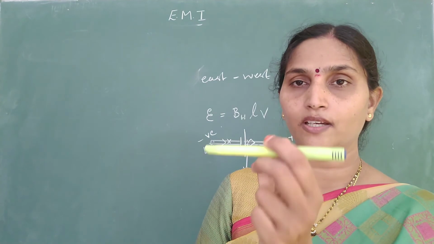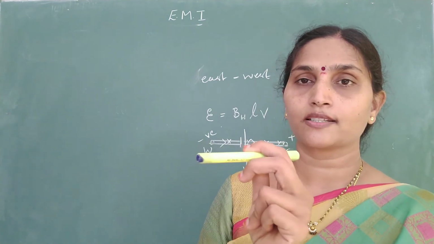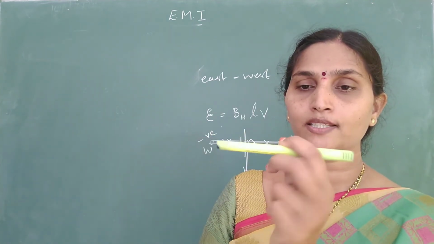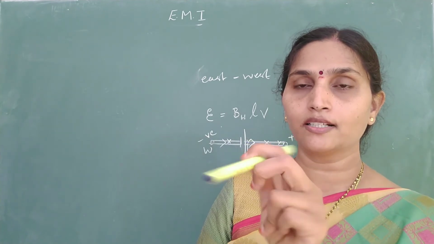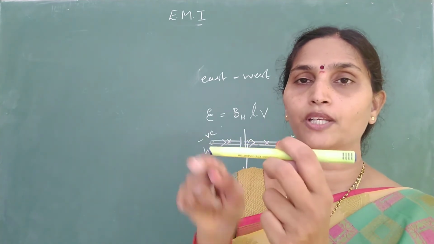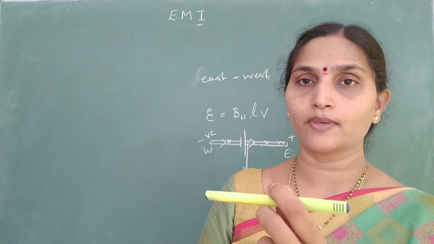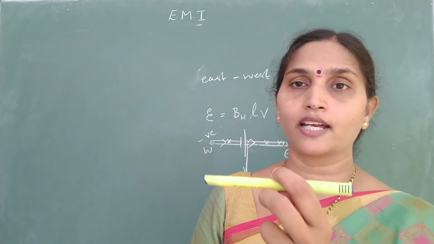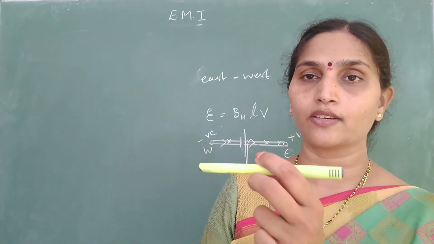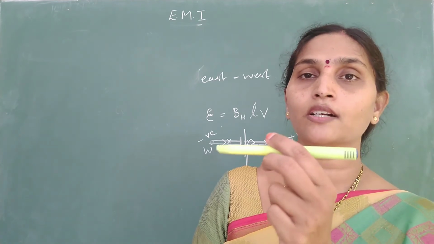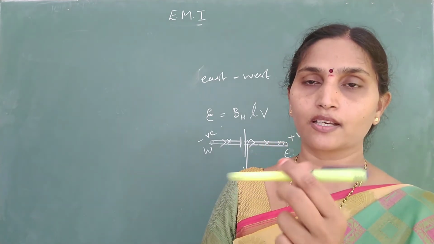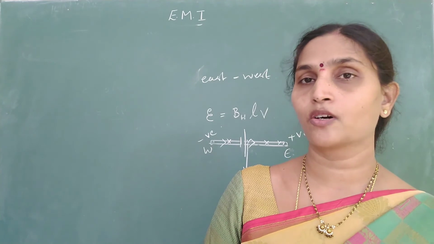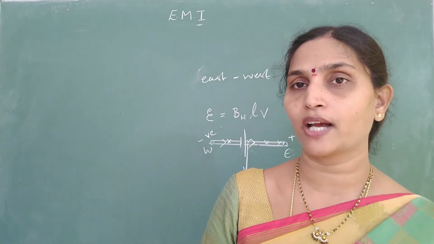East-west, there is an EMF induced. So first resolve this length vector into two components, L cos theta and L sin theta. Due to the horizontal component, there will be induced EMF. Then you will get cos 45 as an additional term, BLV into cos 45. Which component is inducing? The horizontal component is inducing. So like this you can answer questions of wires falling in Earth's magnetic field.